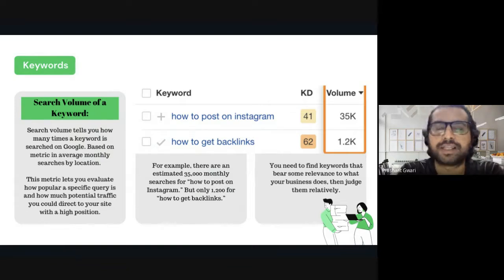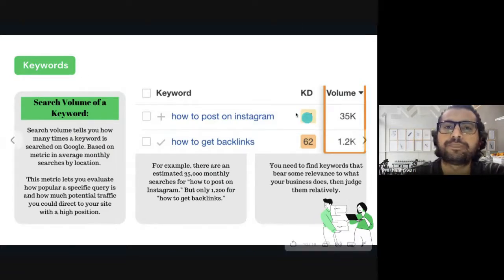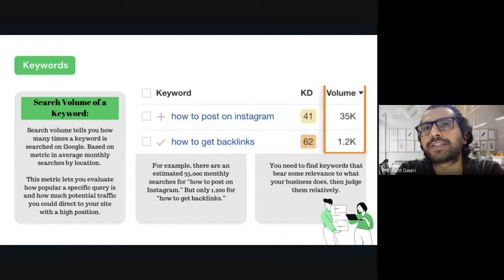I'll give you another example, and I will also show you it practically. If you do keyword research on the digital marketing keyword, you will find that the keyword has around 3 lakh to 4 lakh search volume. The digital marketing keyword has 3 to 4 lakh search volume. But I will not use that keyword on my site content.